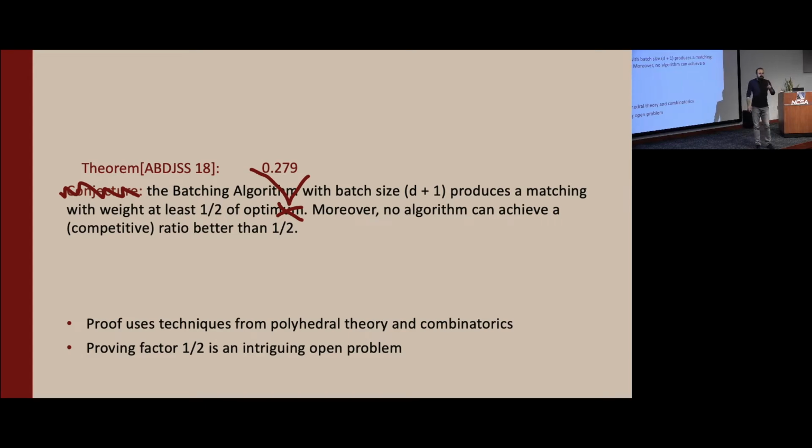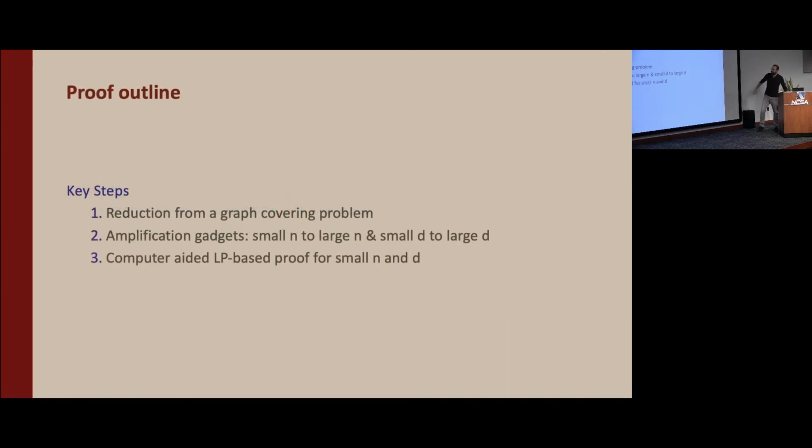Sure, it will actually be super clear in one slide or two. No problem. Thanks, proving half is an intriguing open problem. Imagine you have only one edge, so the W_ij is non-zero for only one edge. The probability that it becomes eligible is twice the probability that it falls within one batch. Wait, two more slides and I'll get to it.